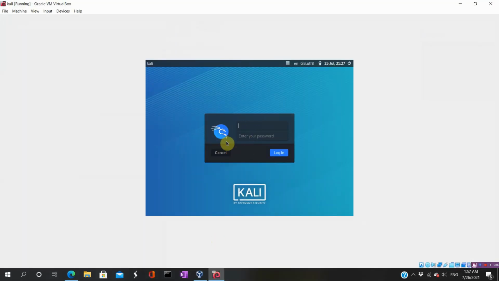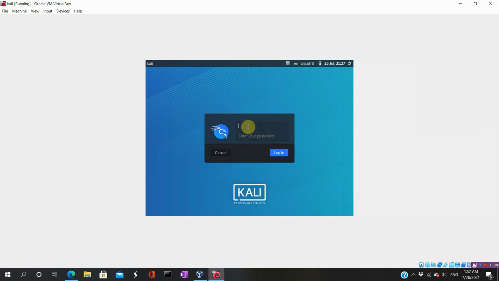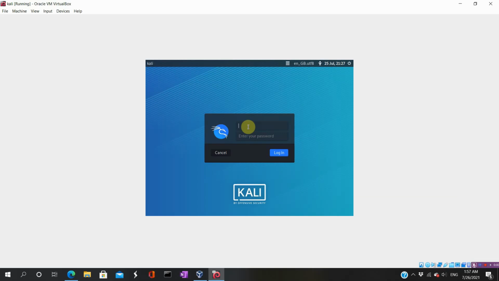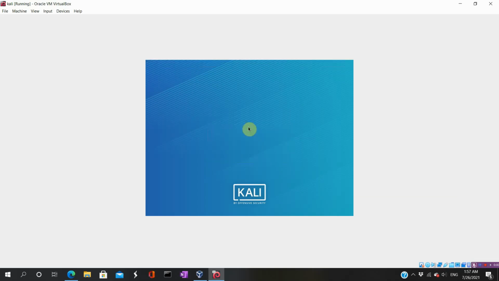So I'm trying to log in with my credentials and you can see once I do that login, a blank screen has been displayed and again I'm rerouted back to my login screen. No matter how many tries or restarts we do, this issue still keeps on coming. So it's like an infinite loop. So let's see how to fix this issue in this video.